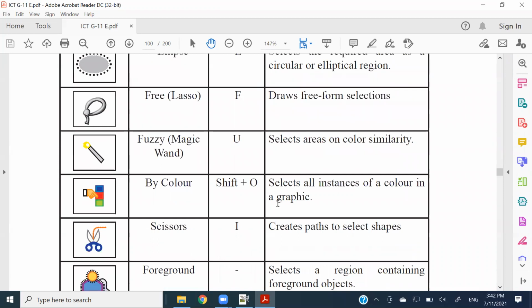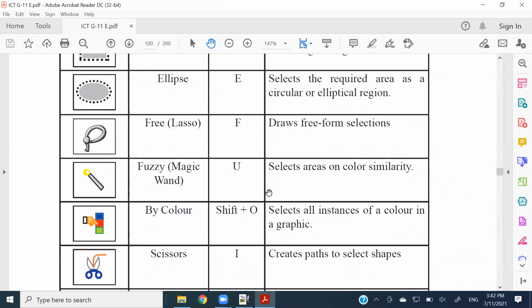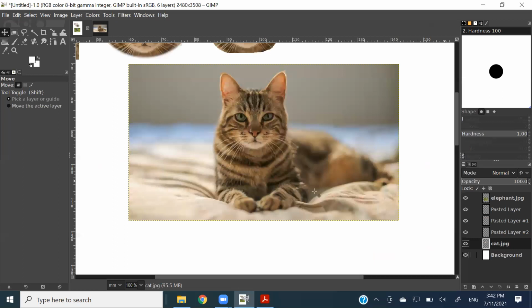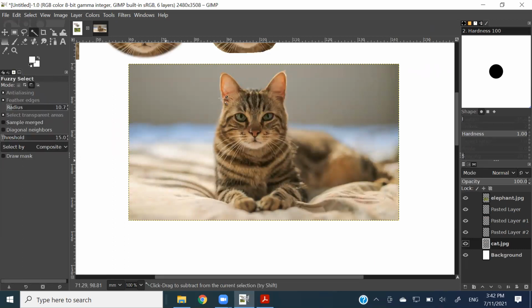So let's take the fuzzy tool and see what it does. Right, so I'm selecting the cat layer and I'm selecting the magic wand over here. So if I click,